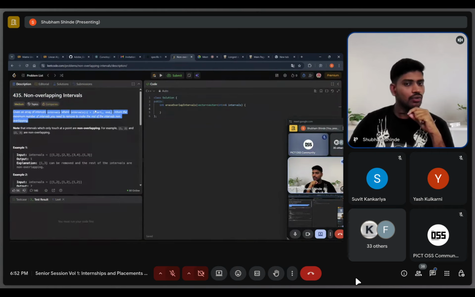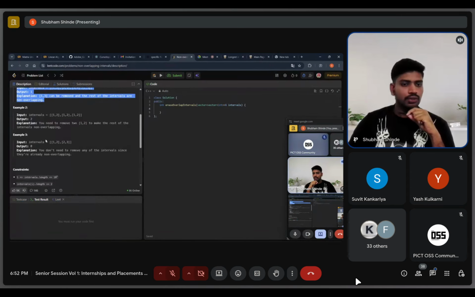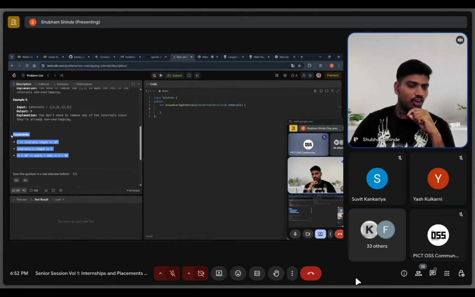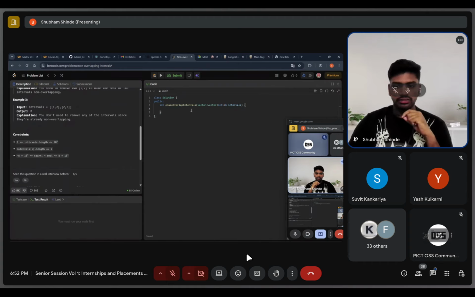By reading the first line, you have to tell the interviewer what this line says, and by checking the example, what the behavior is. Also check the constraints as well. If you are not checking the constraints, the interviewer assumes that you are coding blindly. So ask for constraints if not provided. After that, do not use variables like int i, int j, which do not have any meaning. Use int index like that. So variable names are also important.